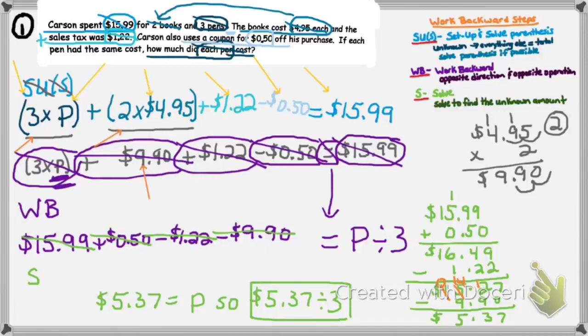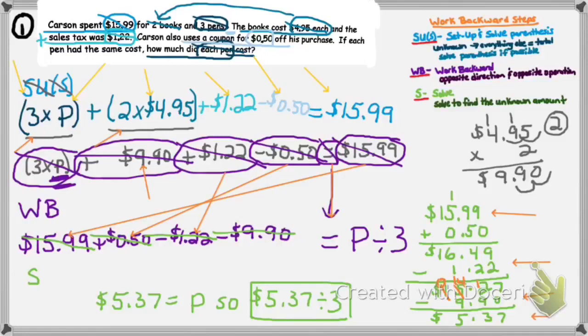I moved to my work backward. Remember, I started with my $5.99. The equal sign always stays directly where it was, and I did the opposite operation. So instead of minus 50 cents, I said plus 50 cents. Instead of plus 1.22, I said minus 1.22, and so on and so forth. Once I finished my work backward, I solved it in order. So I had my $15.99 plus 50 cents, and then I subtracted my $1.22. I subtracted my $9.90, which gave me